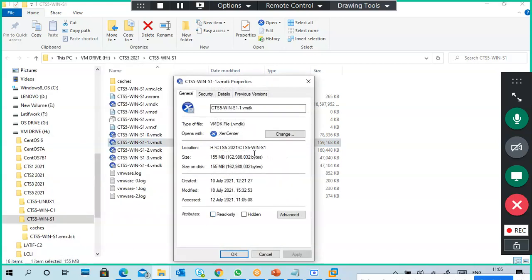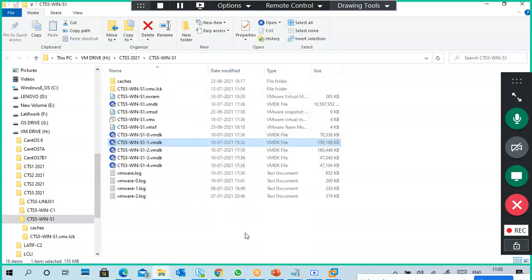So I'm looking at one of the virtual hard disks. The size you can see is 155 MB only. But I took a 100 GB hard disk. So 100 GB won't occupy space here. And the format is VMDK because it's a VMware virtual machine. It is a VMware related one.